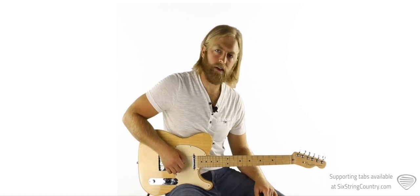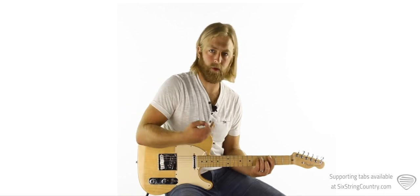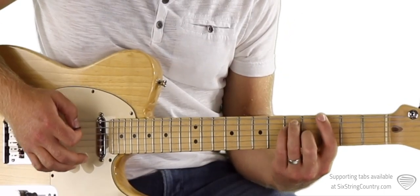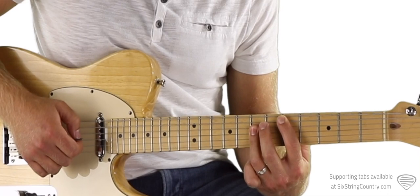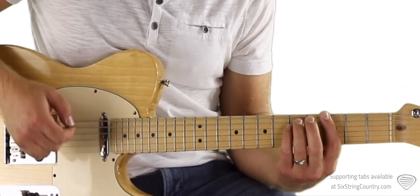Right? In G, we're going to need to start on G chords, obviously. We're going to have, if we're looking for 1s and 4s and 5s, G's, C's, and D's. So I'll just play it for you now. If you want to play it the same way, the same kind of feeling rhythm, it would be...